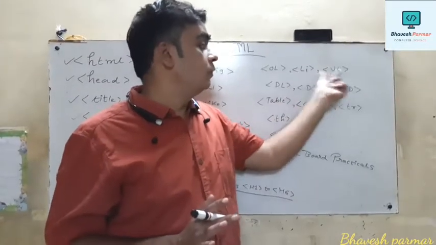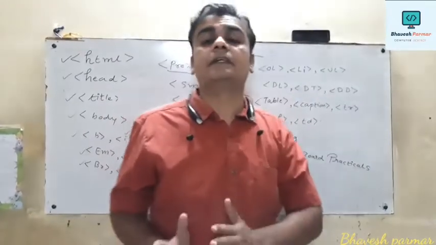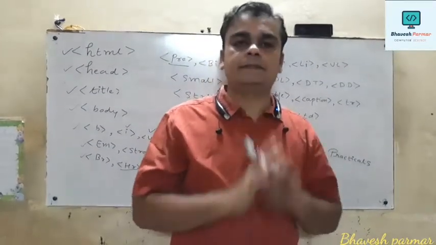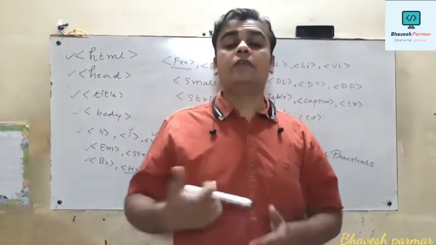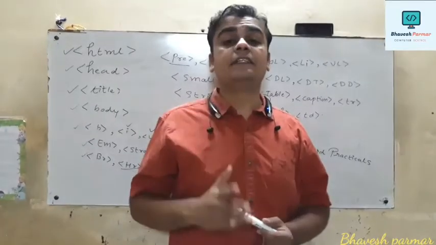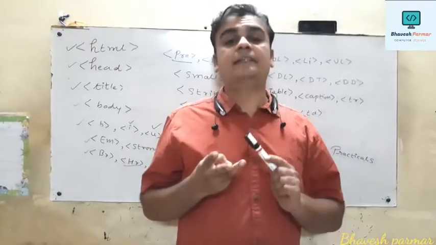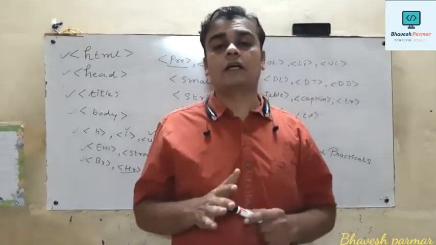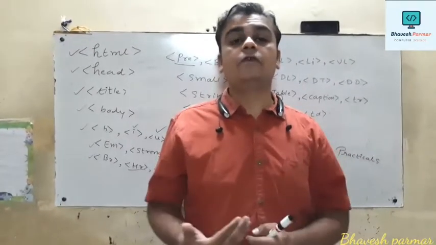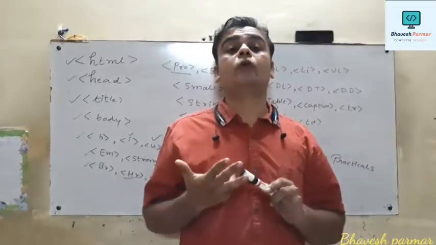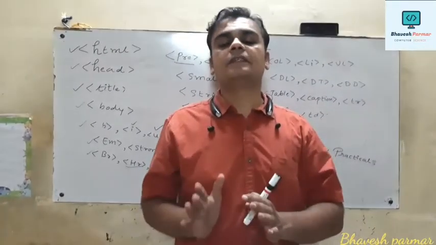This LI tag is very helpful for unordered lists also. Our next tag is the UL tag, which represents unordered list elements. In an unordered list, the sequence of data is not important. So how can we represent the data? There are 3 different symbols widely used. First is disk, second is square, third is circle. Circle is a hollow circle, square is a filled square, and disk is, you may say, a filled circle. These are the 3 different symbols used to represent unordered list elements, and the default symbol is disk.